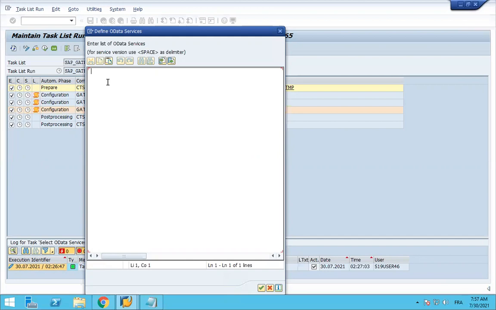You know that you need to go to SAP Fiori reference library, and then you can find this auditor service.